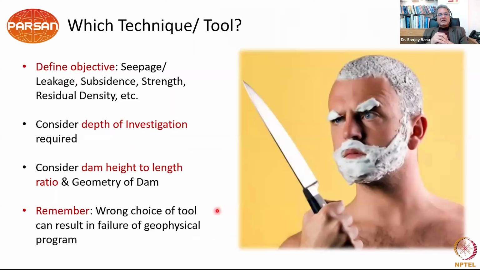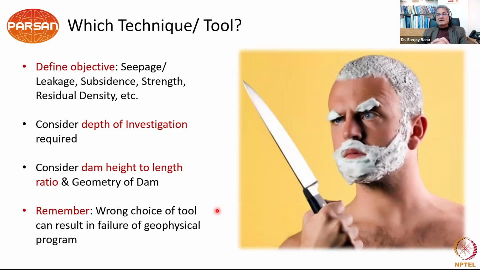Now, when it comes to geophysics for any application, but most importantly, here we are discussing dams, the first question is, which technique or tool should be used? That is a very, very important choice, which particular tool we are using for what application. For that, we need to first of all define the objective, whether we are looking at seepage or leakage paths, whether there is a subsidence which has been observed in the dam body and we want to investigate that further, whether we are looking at the strength of the dam body after, let's say, it's 50 years old or 100 years old, and we want